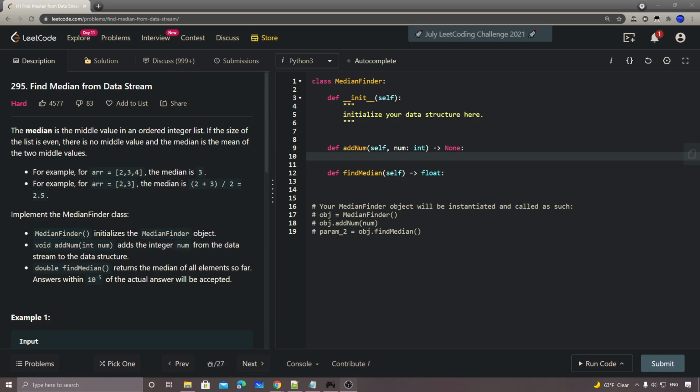So today's daily challenge, right? Number 295, find median from data stream. Okay. So this one is a very classic problem. Basically, we have a stream of data, and we simply need to find the median